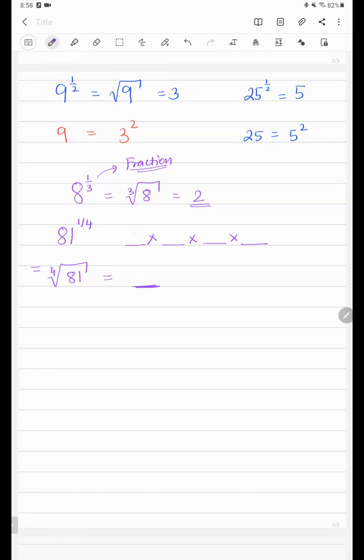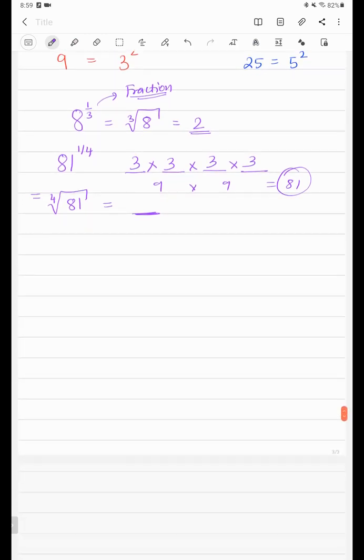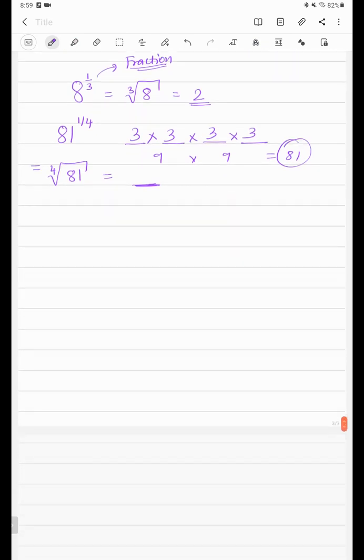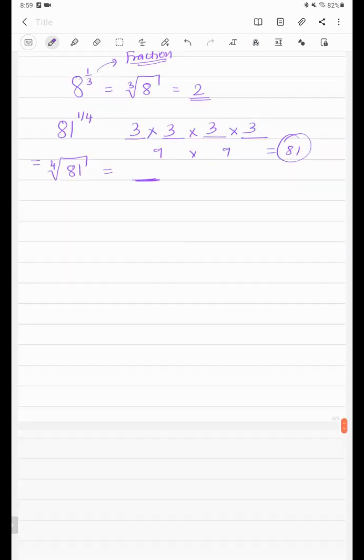And as Mridula said, it is 3, right? Because 3 threes are 9 and 3 threes are again 9, so you get 81. So is it clear for everyone? Hamna, could you just reply with a yes or a no in the chat box if you want to? Yes, ma'am, it's clear. Okay. And Hamna, I hope everything is clear, because I'm not getting many responses from you. It's only the other two of them that are responding. So please try to respond more.